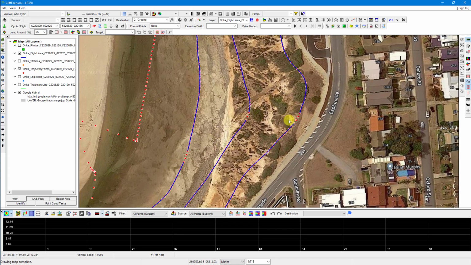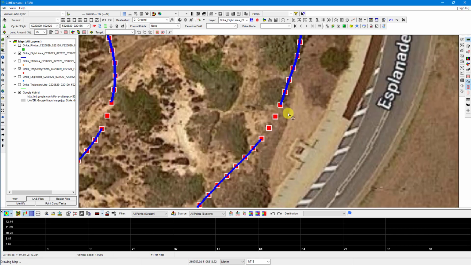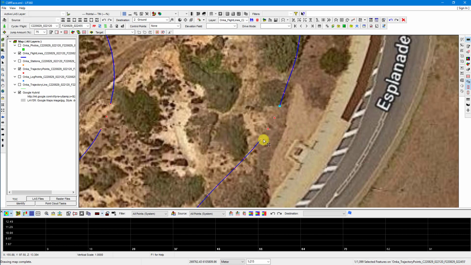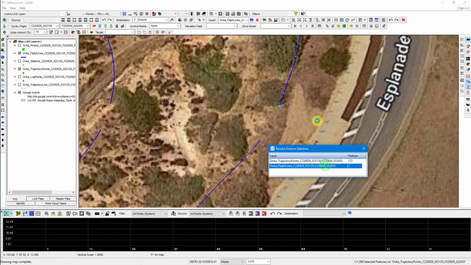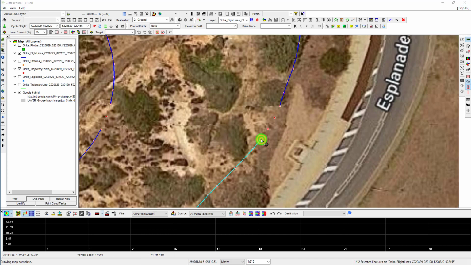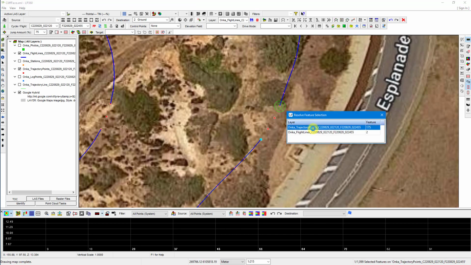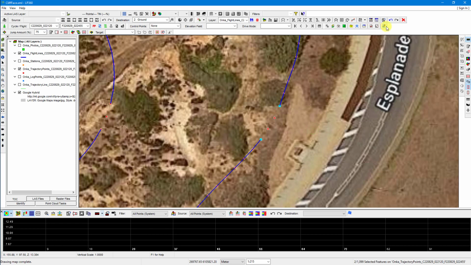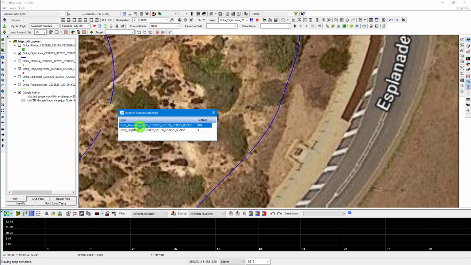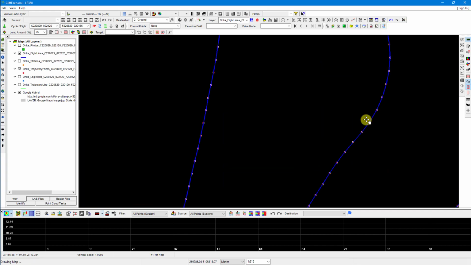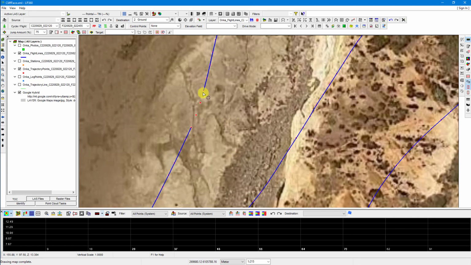So we've got three almost in a row here. I wonder if there was some sort of a magnetic interference associated with it. Oops. Trajectory point. Trajectory point. Finish the line. Trajectory point. Trajectory point, finish the line, close the line,